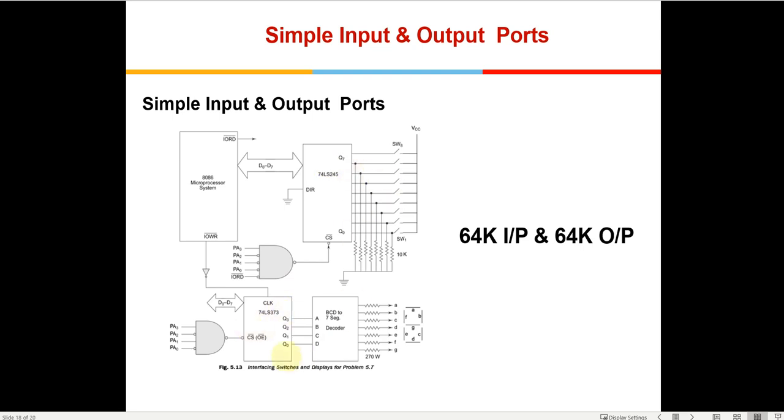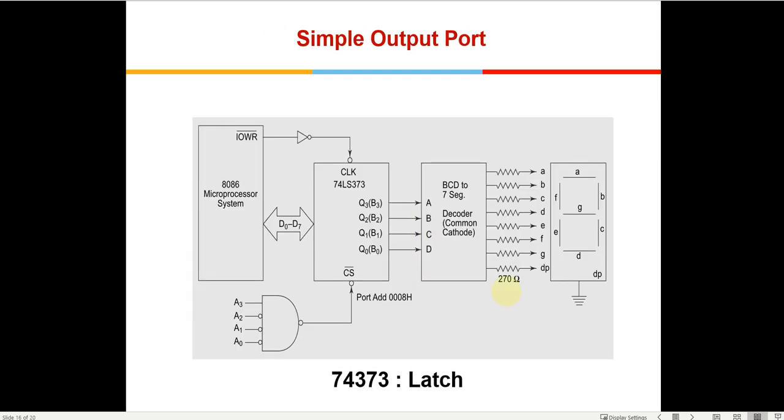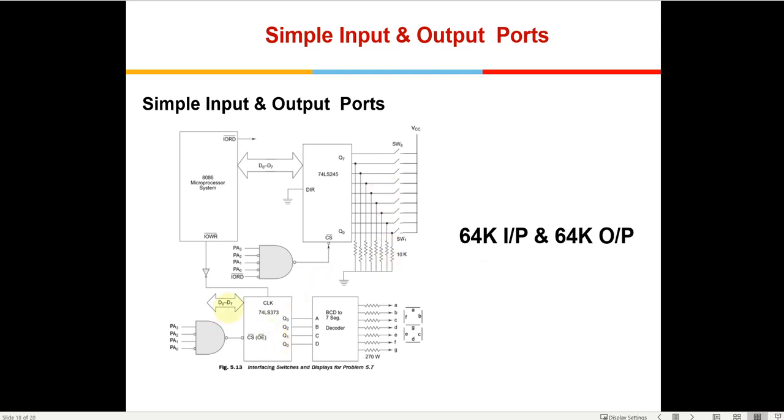So you can use this combination, the same two circuits which we did here. It is shown here. So a total of 64k input devices can be connected and 64k output devices can be connected to the 8086. You just have to make an address decoding circuit which selects the appropriate chip using these 16-bit lines, and also the input output memory signal and the read write signal which are available from the 8086. So is this clear how this figure of 64k input and output ports has come to all of you?